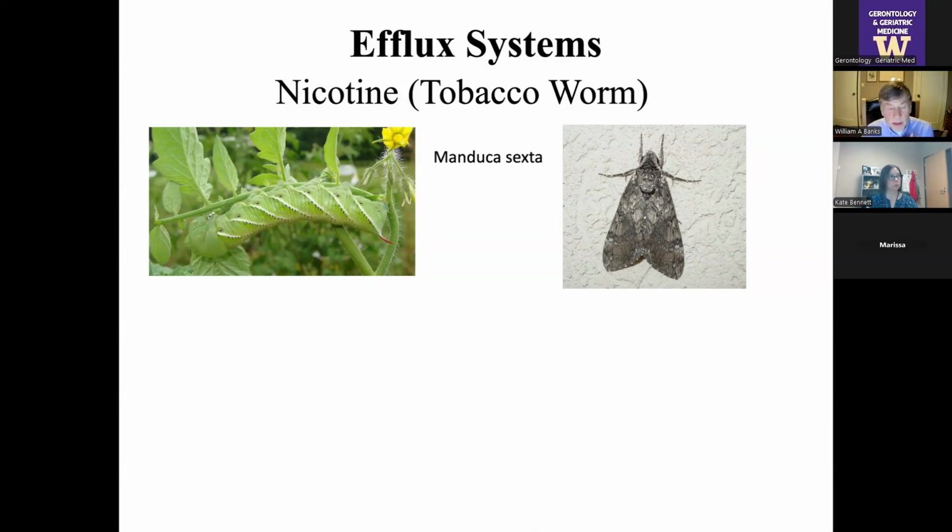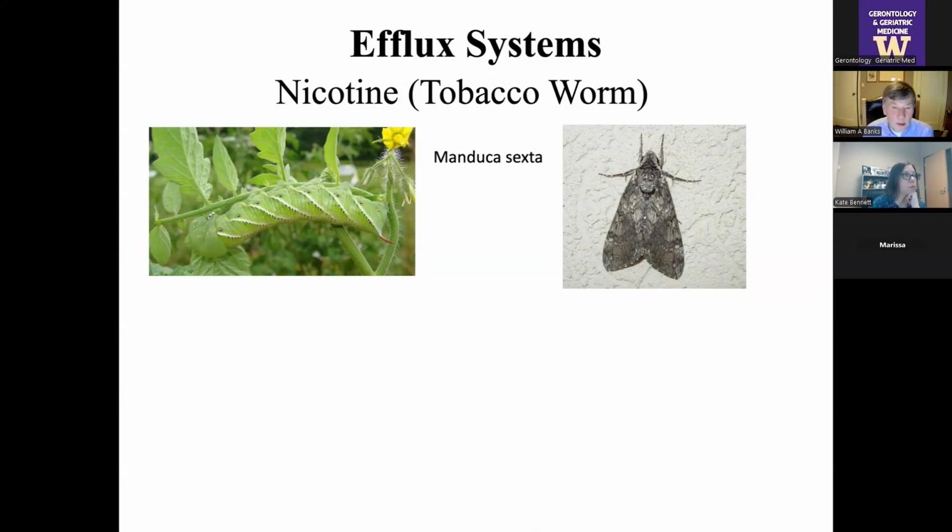And I know many of you have raised tomatoes and that kind of thing, and you're going to say, this looks like a tomato worm to me. In fact, it's on a tomato plant. And yes, it's true that the Manduca genus loves solanaceae, so they will eat anything, but they are still rather specialized. You know, the tomato worm prefers tomato. Nicotine, the tobacco worm can actually eat tobacco plants.